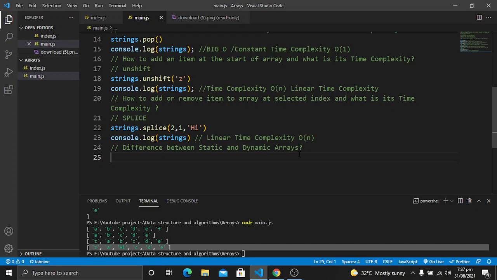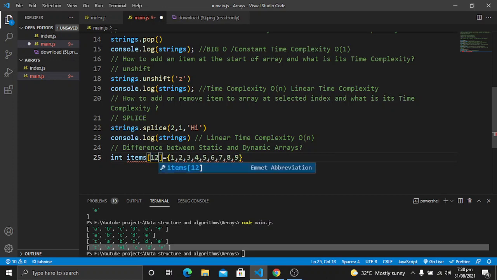So for example, if you have used other languages such as C++, it will be something like this. We can say int items, then we can use the size of the array. For example, if there are 10 items, then we will have 1 2 3, something like this in C++, where we set the array as a static array. So next time if you want to insert something into it, you have to copy it and create a new array with more items, and then you will append an item to it, or you can say add an item to it.